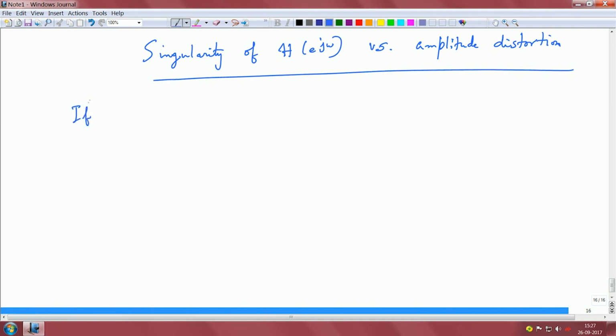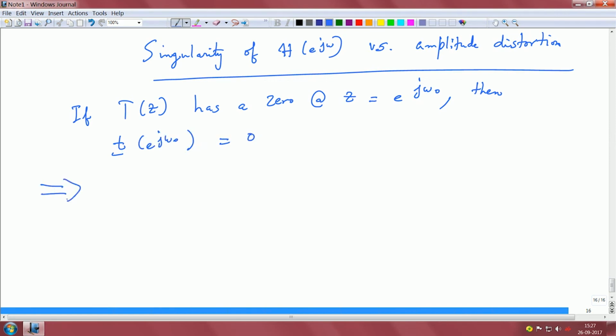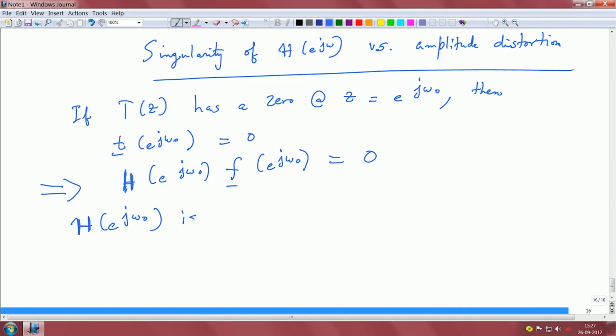So, we saw that if T of z has a 0 at z equals e^{j omega naught}, then T of e^{j omega naught} equals 0, but this T is related to H and F, because we can say that this is H of e^{j omega naught} times F of e^{j omega naught}, and that is T of e^{j omega naught}, and that is essentially 0, which means H of e^{j omega naught} is singular